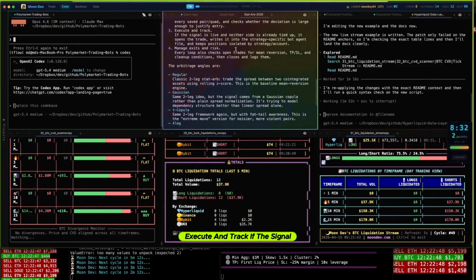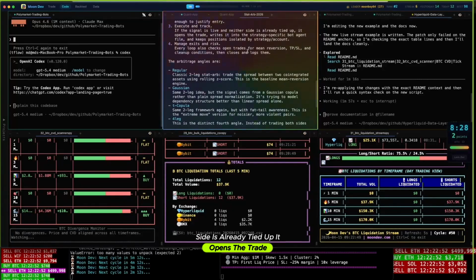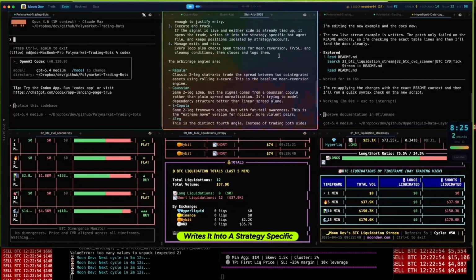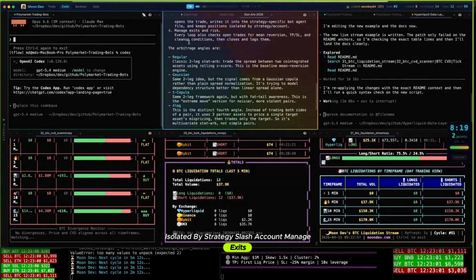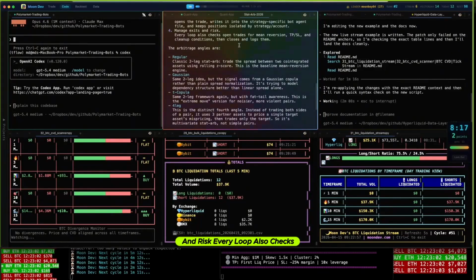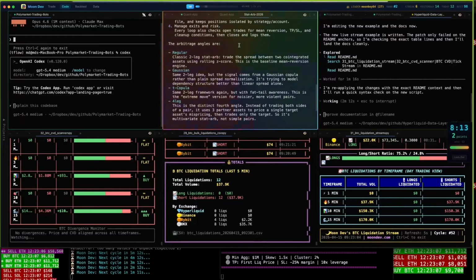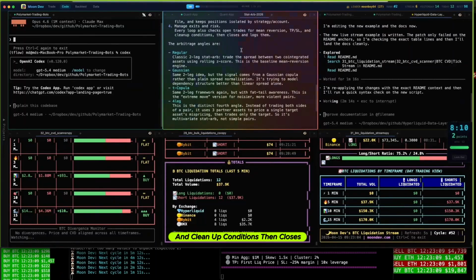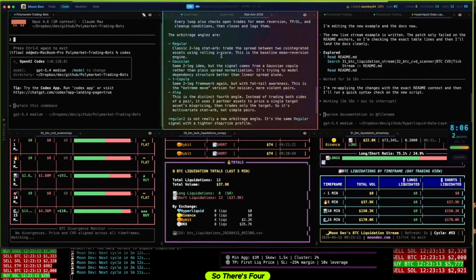Execute and track. If the signal is live and neither side is already tied up, it opens the trade, writes it into a strategy-specific bot agent, and keeps positions isolated by strategy/account. Manage exits and risk. Every loop also checks open trades for mean reversion, TP, stop loss, and cleanup conditions. Then closes and logs them. So there's 4